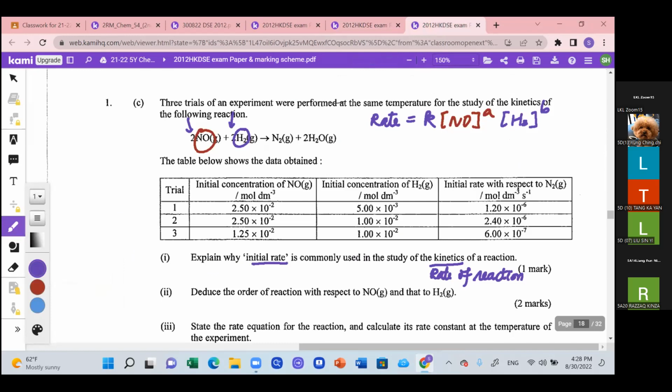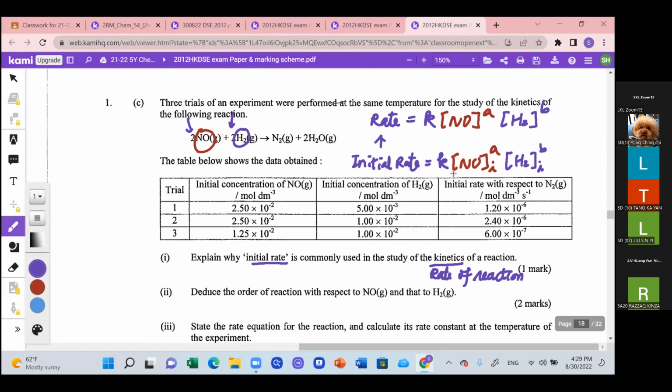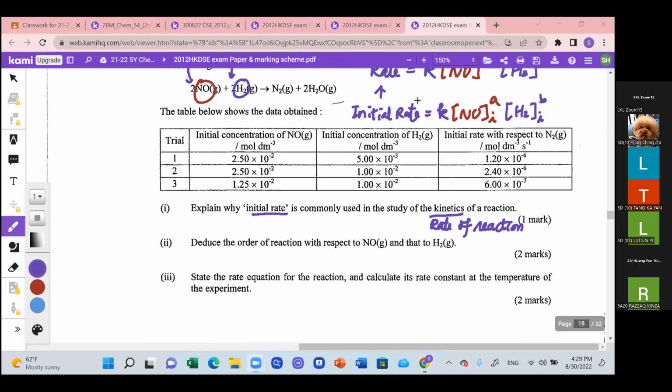If I use mathematics, if I substitute rate into initial rate, then I have to substitute NO initial concentration into it. H2 initial concentration into the equation. Can you follow? This is what you have learned in mathematics. So why initial rate is commonly used? Because initial concentrations of reactants are known. 數學上高唔係死記嘅，所有 science 嘅嘢都唔係死記嘅。Initial concentrations of reactants are known。deduce 啦。